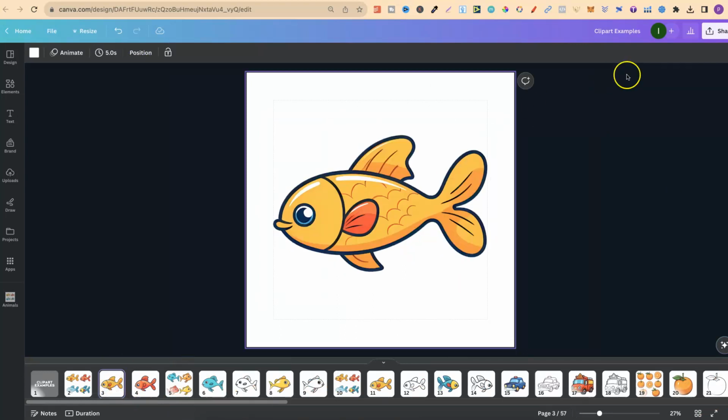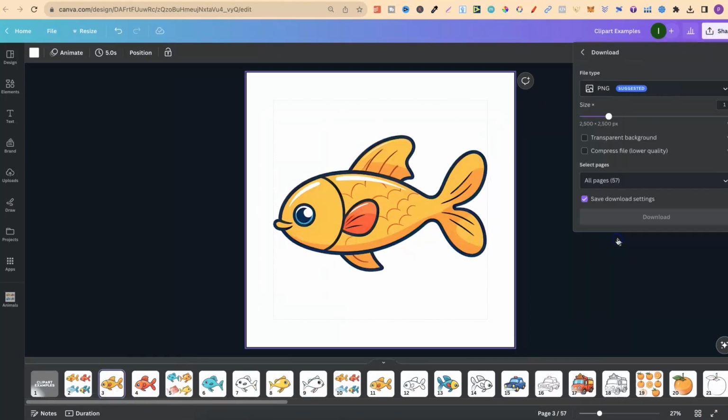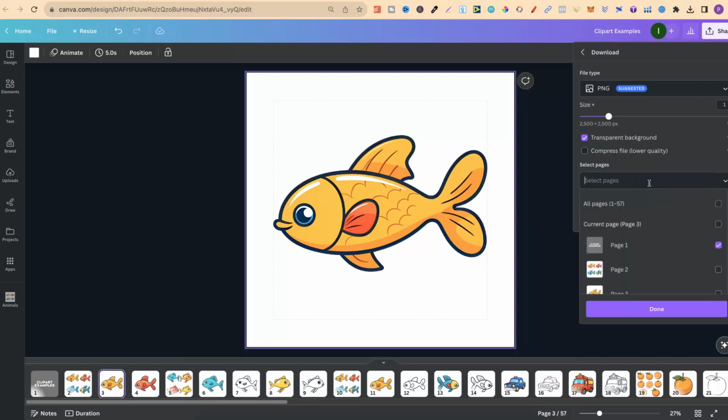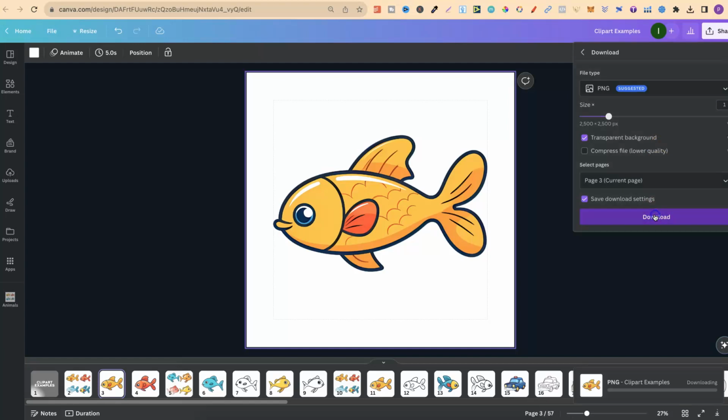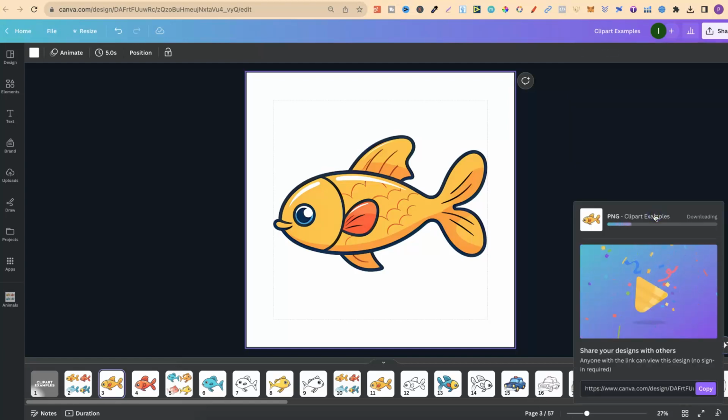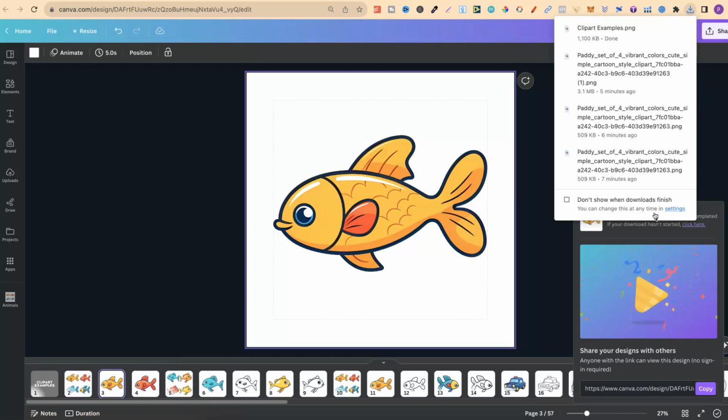So let's go on to the number 3. We're going to go to download up here. Now you can choose transparent background or not. It doesn't really matter in this process, but I've just got a habit of always clicking the transparent background. We're going to choose 3. We're going to click download. So now, once this is downloaded, we can then take that over to